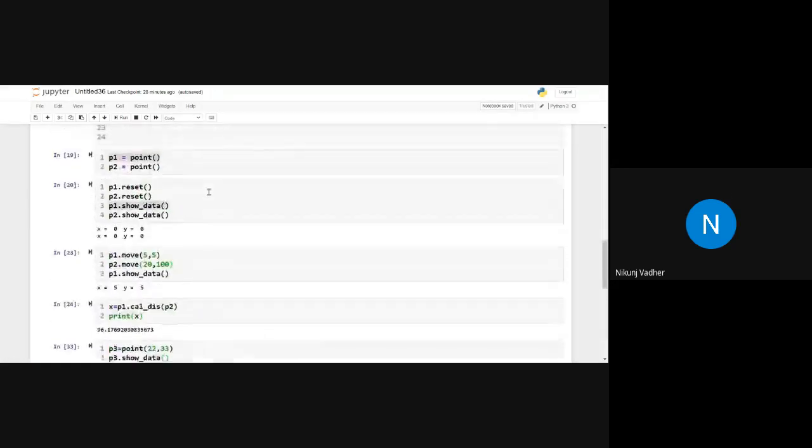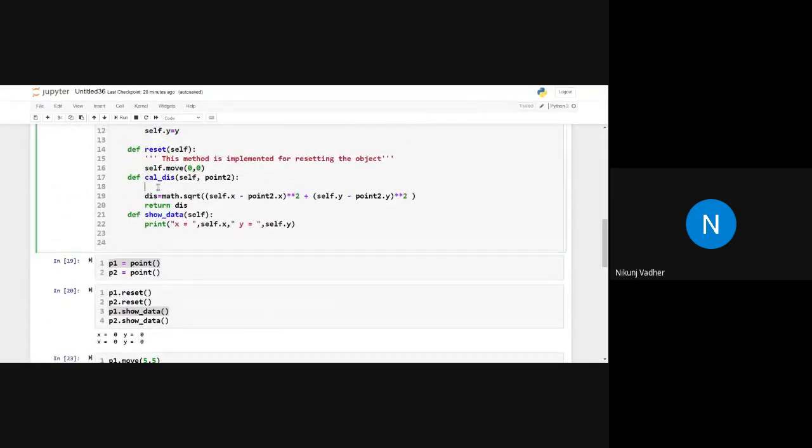Okay. So we have not specified some for calculating distance. So this method is used to calculate distance between 2 points.